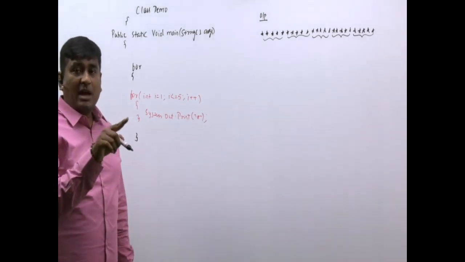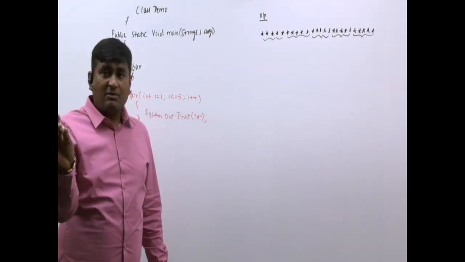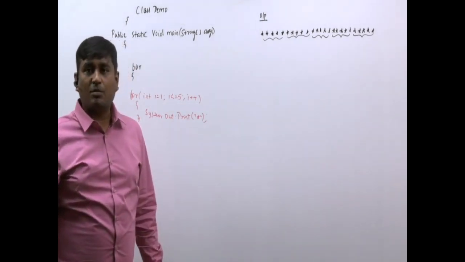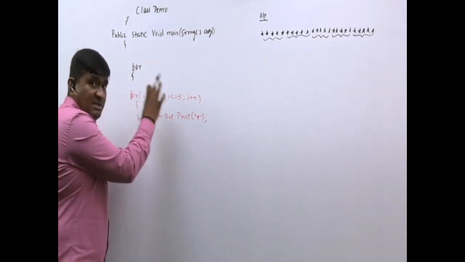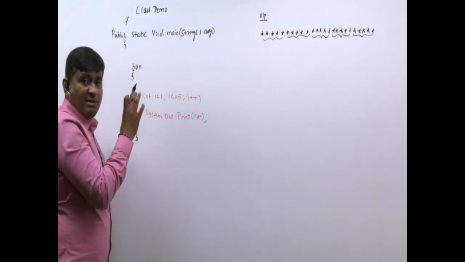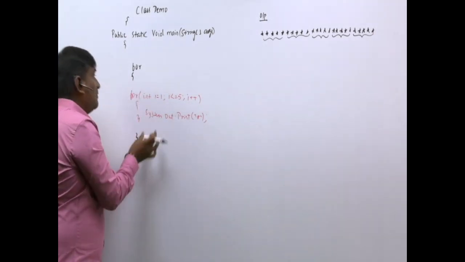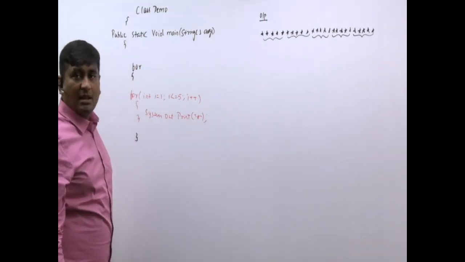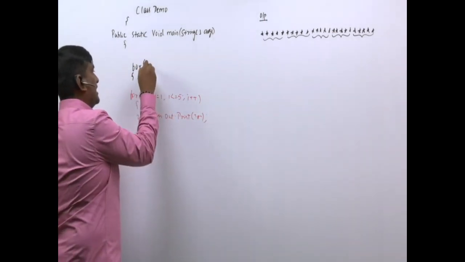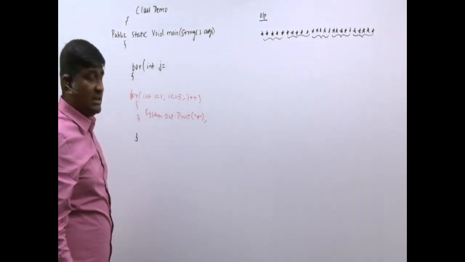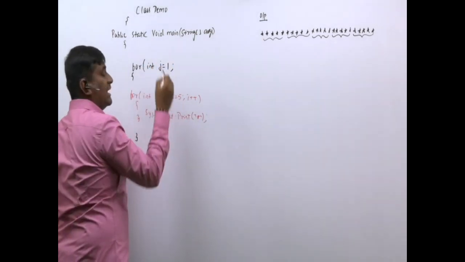In the previous program, that System.out.println star was repeated multiple times. One copy I kept and I have put that inside the for loop. But here, for loop itself is repeating multiple times. Hence, instead of having multiple for loops, I will have only one copy of that for loop, and that for loop I will put inside the other for loop. And I will write like this, int. I will have one variable called j, and I will tell int j equal to 1 like this.